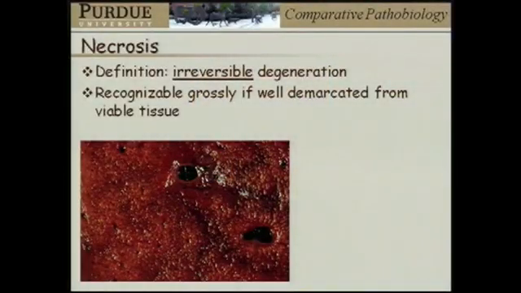Okay, we will switch gears just a little bit. We're still in the category of degeneration and necrosis, but now we're shifting from degeneration to necrosis. And remember, we use that term when we are confident that there's irreversible degeneration or cell death. When we're not confident of that, we can just default back to degeneration. It wouldn't really be wrong. But if we are confident that the tissue is truly dead, then necrosis is the better term. And remember that we can recognize it grossly when there's a loss of structure and when it's well demarcated from